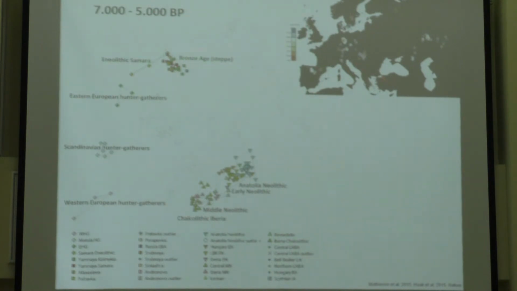It's what we call the Bronze Age in this region already. So they already have bronze. So they're more advanced than the Neolithic farmers in Europe. And you see that they're genetically quite similar to the Neolithic hunter-gatherer people, and maybe also to the real hunter-gatherer people of Eastern Europe, but they're also shifted a bit, right? So there's a slight shift here